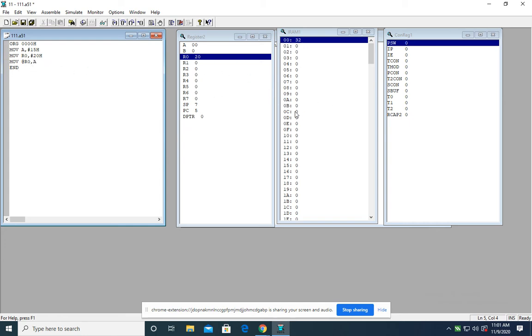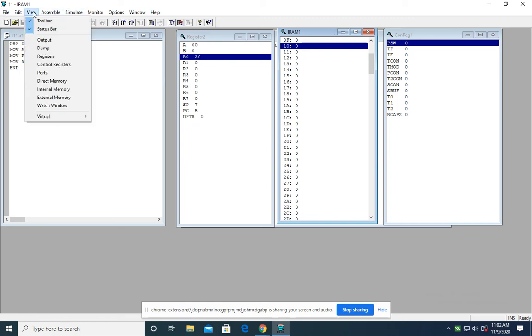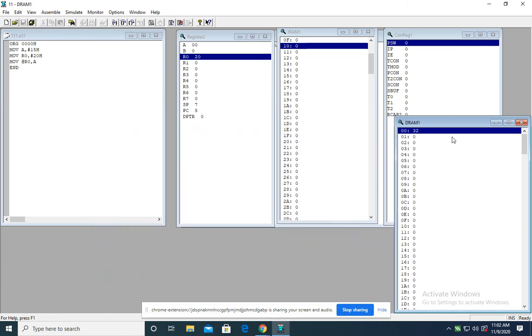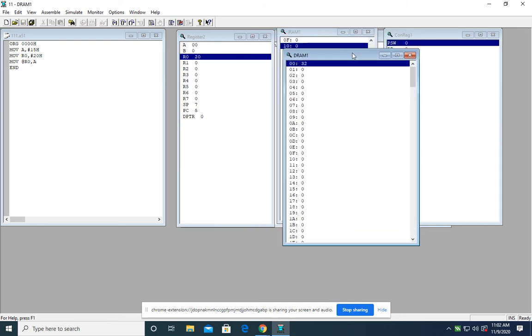Okay, now I have to see what is at 20H location. So here I am getting 0. Okay, so you can again go for view option and there you can see direct memory. Okay, so here you will observe that 20H location is loaded with data. Okay.